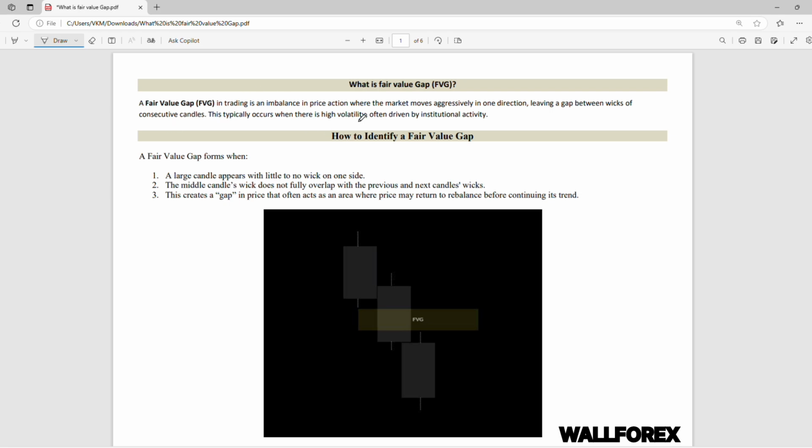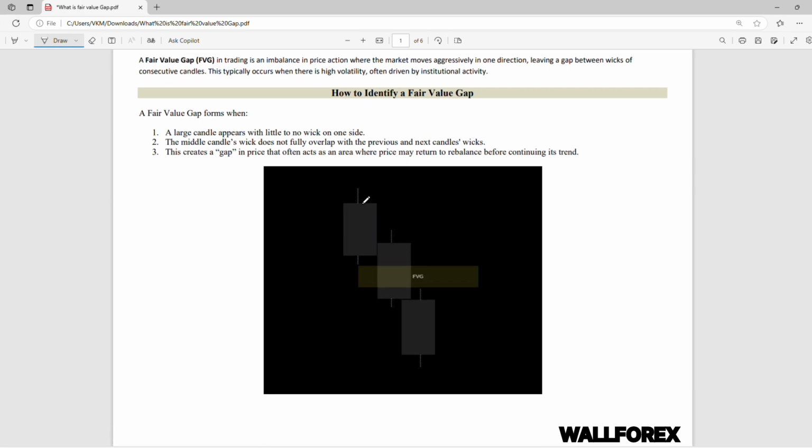What is a fair value gap? A fair value gap is a trading imbalance in price action where the market moves aggressively in one direction, leaving a gap between a weak and a constructive candle. This typically occurs where there is higher volatility driven by institutional activity, which basically means